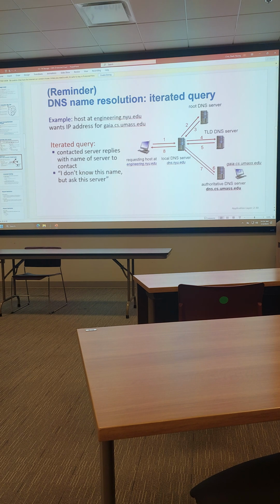In this case, cs.umass.edu. What's the authoritative name server? That's dns.cs.umass.edu. So this is the one that authoritatively has the IP address of, say, gaia.cs.umass.edu, right? Does it make sense? Yeah, so this is how DNS works.